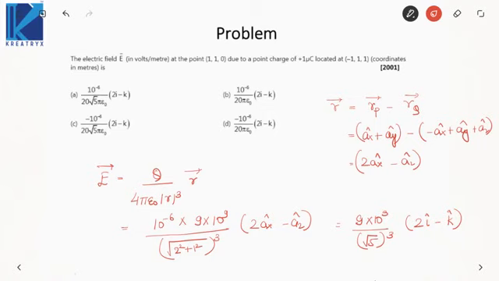Or what you can do is, if you want to write in simple terms, the answer would be B. If you don't put this, 4 pi epsilon naught is 9 into 10 to the power 9. One minute. The answer would be, sorry, it won't be B, it will actually be A, because we have root 5 cube, that is 5 root 5. This value is actually equal to 5 root 5. So the answer would be A.